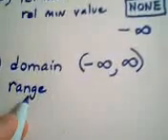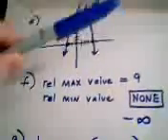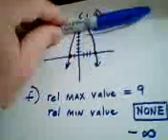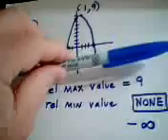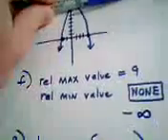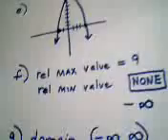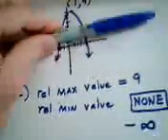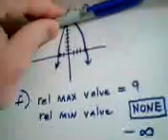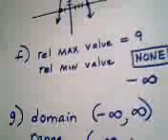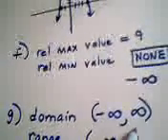To scan for range, which is my y value, we scan from bottom to top. Okay? To get range, you scan from bottom to top. So we're coming from negative infinity, and notice when we end our scan, we're right up here at the tippy top, which is the vertex, and the y value there is 9. And I include that